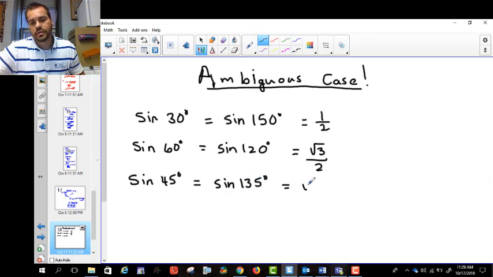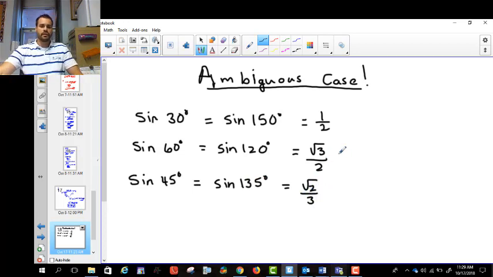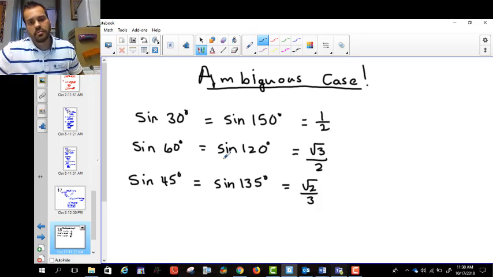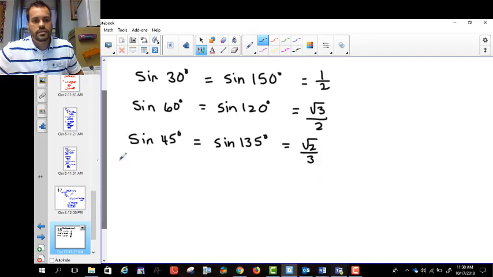Any combination of angles that adds up to 180, so supplementary angles, one that's acute and one that's obtuse, and you will end up with the same answer on your calculator. You can pick any, I don't care what your favorite angle is. If it's 20, then it's 20 and 160, but you will notice that they're the same. And that causes a problem for us when we look at solving the sine law,